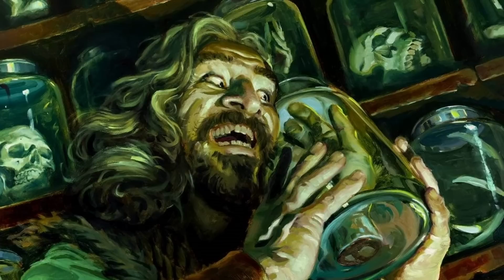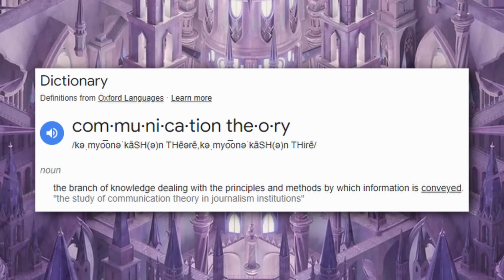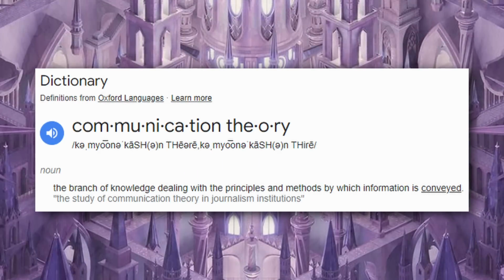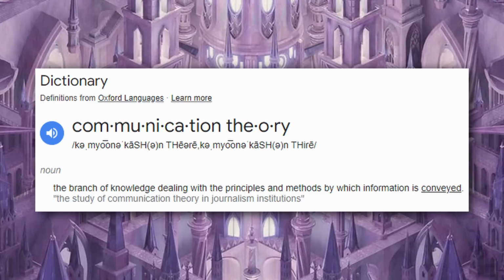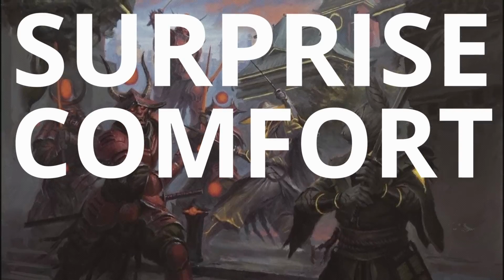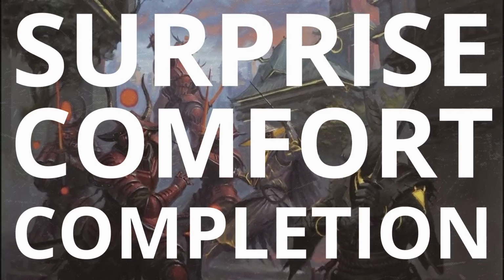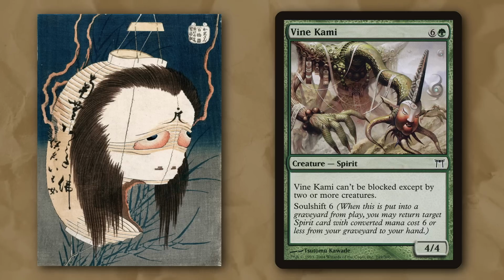To achieve resonance, the designers rely on the principles of communication theory, which is merely the branch of knowledge dealing with the principles and methods by which information is conveyed. Those three principles are comfort, surprise, and completion. And while these are key to top-down design first and foremost, which is something that Mark reinforces throughout the podcast